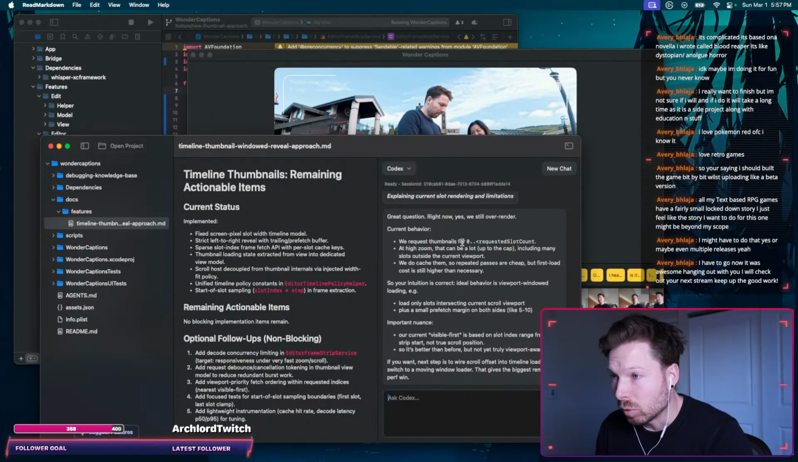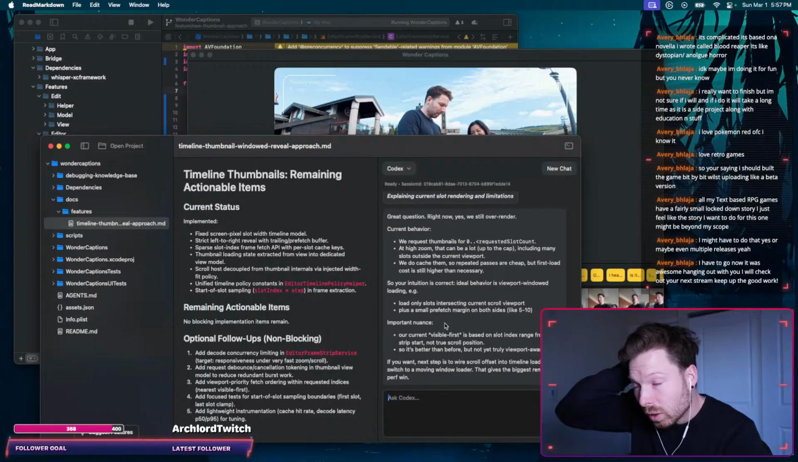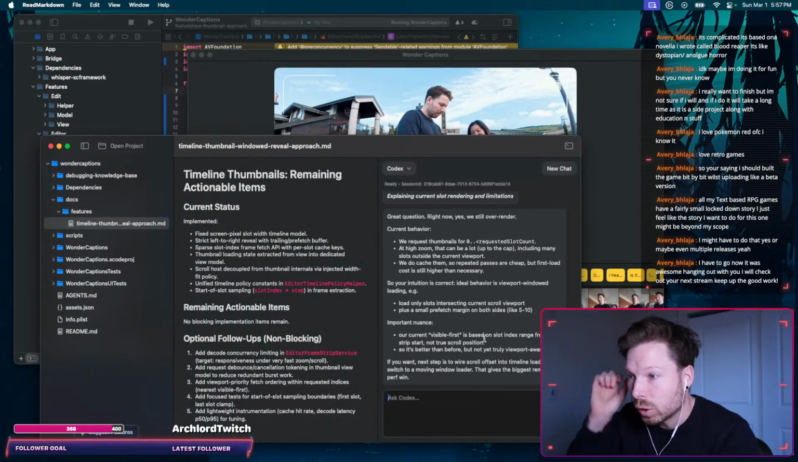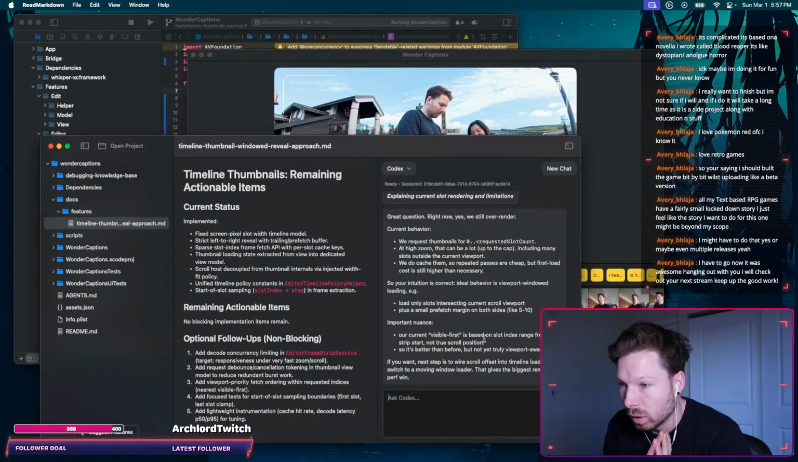All right, great question. Right now, yes, we still over-render, that's the current behavior. So your intuition is correct. Important nuance: our current visible-first is based on slot index range from the strip start, not true scroll position. So it's better than before, but not yet truly viewport aware. If you want, next step is to wire scroll offset into